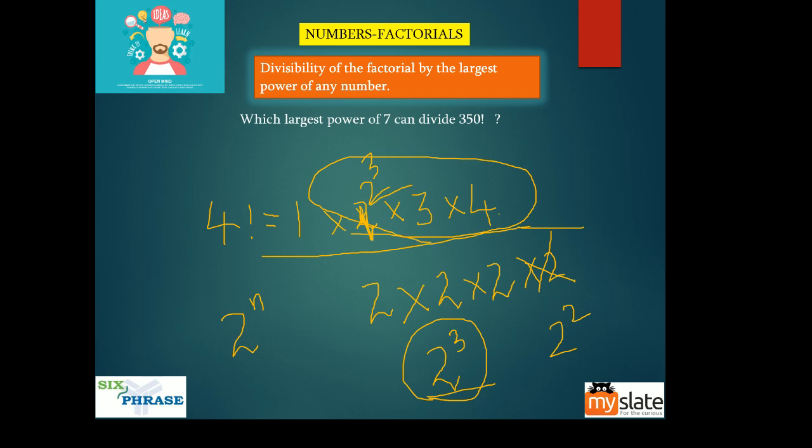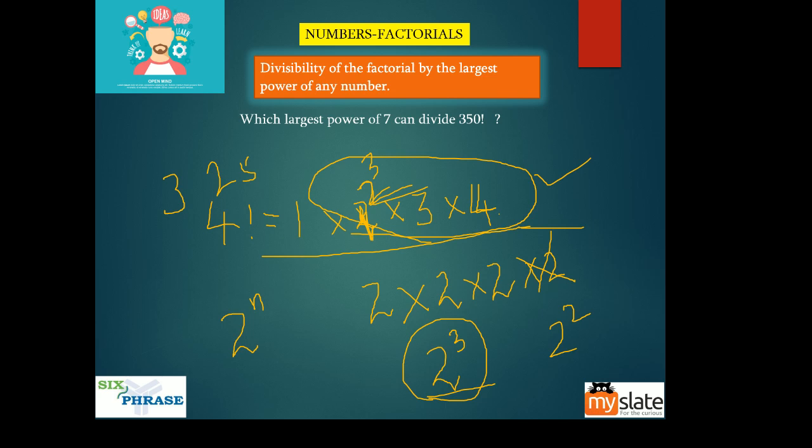So this problem, for example, I can also say how many 2's are there in the numerator. If I ask you, what will you say? You'll say there is 1 2 here, there are 2 2's here, so totally there are 3 2's. That is what you will say, right? So the largest power of 7 that can divide 350 factorial and the number of 7's in 350 factorial are both the same thing, because only if you have 3 2's in the numerator, you can have 3 2's in the denominator. If the numerator has 2 2's, you can only have 2 2's in the denominator.